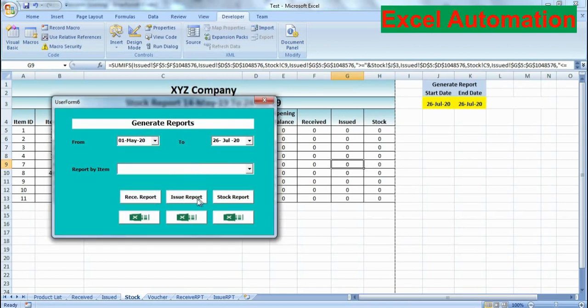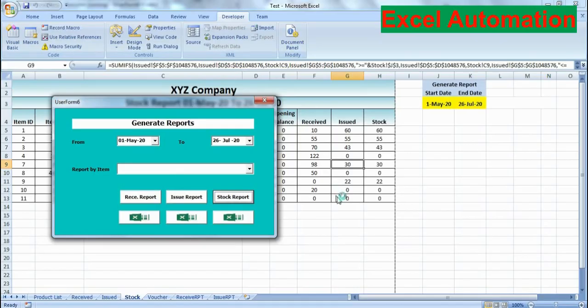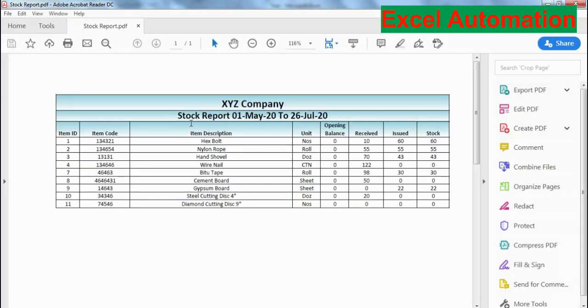Now when I click this button, you can see the data is updated, okay, and on the top you can see the date showing as we have selected, and this report is exported to the PDF file.